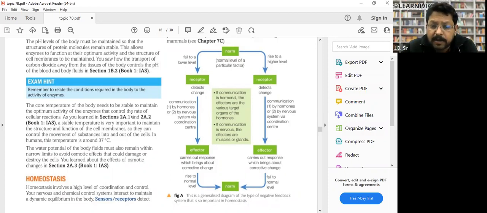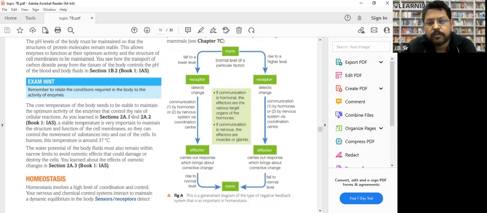But the blood is basic. So how does it happen? You do not eat anything. Actually, there is a protein found in our blood called albumin protein. The egg white is basically made up of that albumin protein. The same albumin protein is found in our blood. Albumin protein works as a buffer solution, and it always maintains the pH level of the blood and keeps it basic. Clear? If you want, you can note it down.